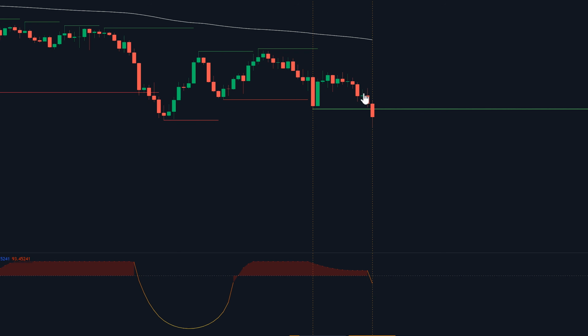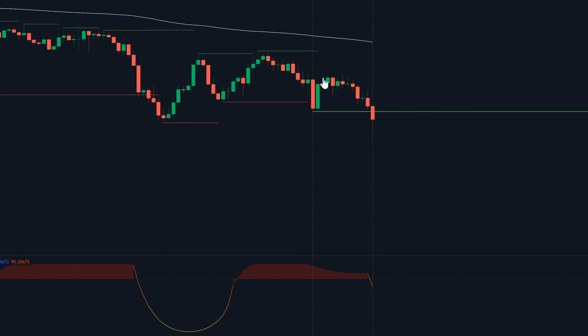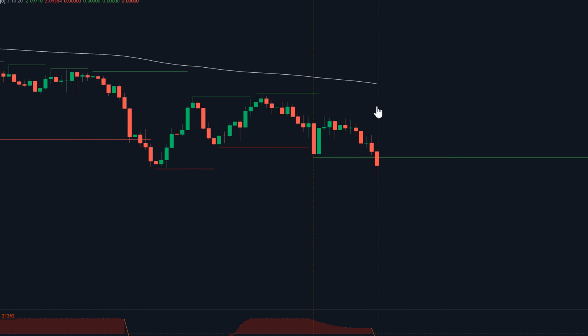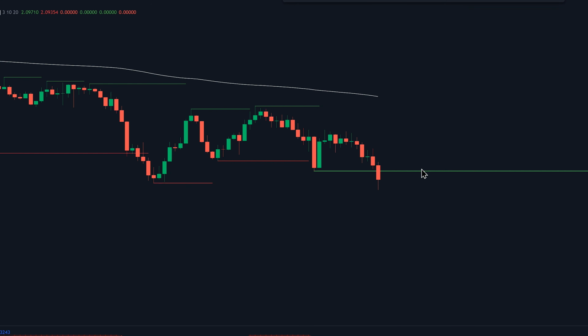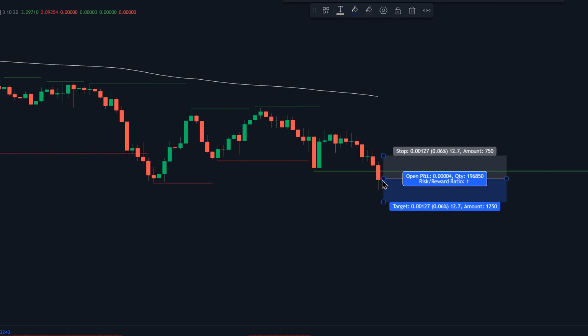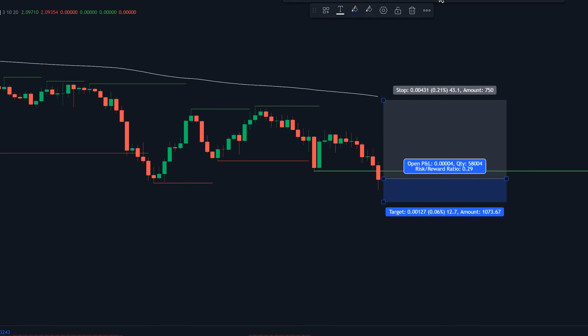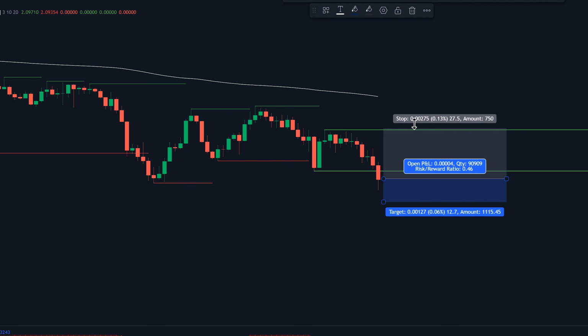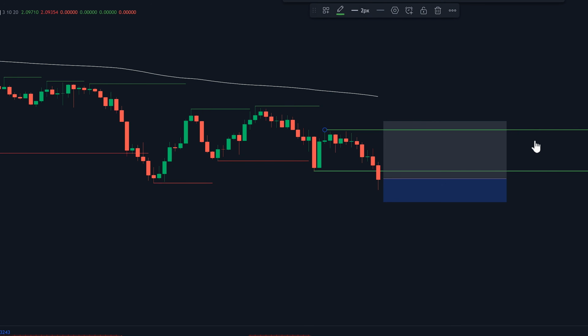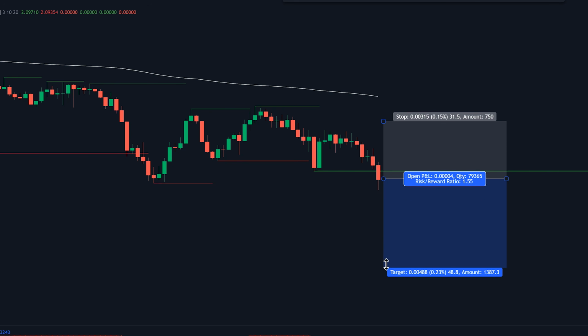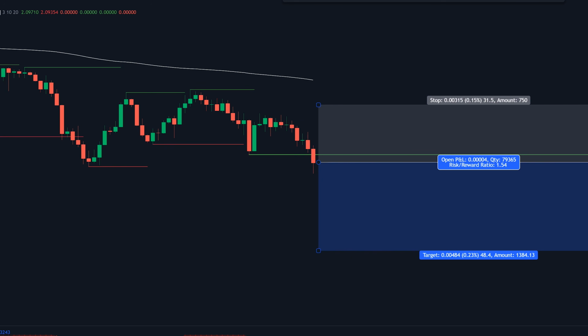For that, we're going to mark the most recent support level as well as the breakout candle. All the candles inside this window should be below this white moving average, indicating that the market is in a bearish trend. It's important to confirm the strength and direction of the market trend to support our decision to enter short positions. We're going to enter our short position here. The stop loss goes above the most recent swing high. And if the swing high is too far up, well, we're gonna limit our stop loss to 0.2%. The take profit is gonna be at 1.5 times the risk. We let the trade run